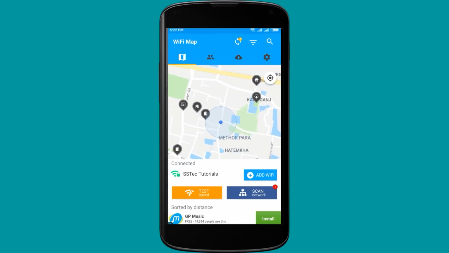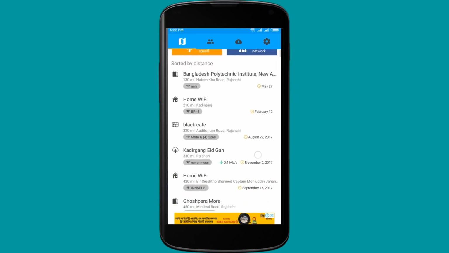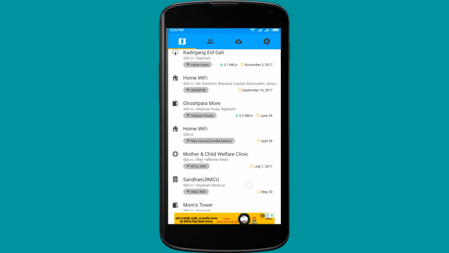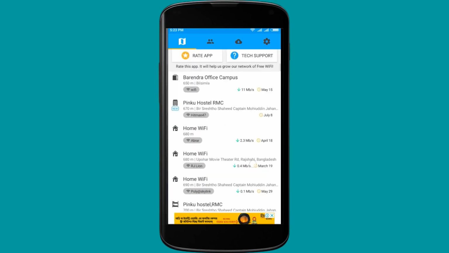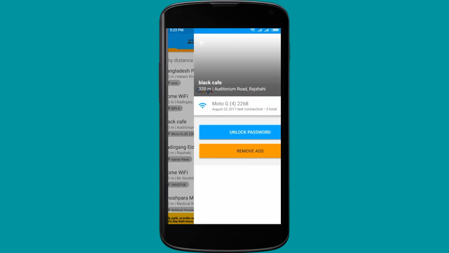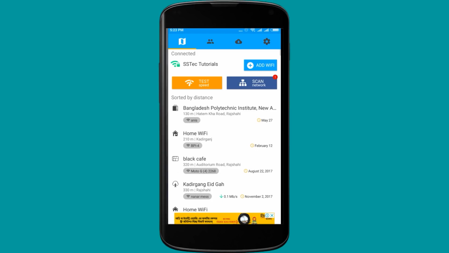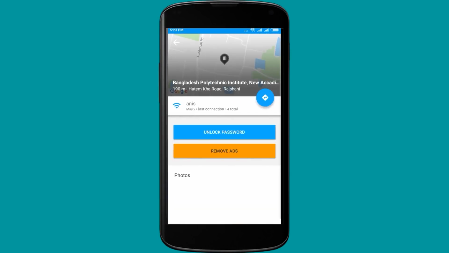All the black icons on this map have a free Wi-Fi connection. To see the details of all the free Wi-Fi connections to use free internet, swipe up. And here you will see the list of all the nearest Wi-Fi access points. Tap on the nearest Wi-Fi access point, whichever you want, and you will get the Wi-Fi credentials to connect to the Wi-Fi. Sometimes it could be an open Wi-Fi or a password-shared Wi-Fi connection. You just need to go there to get the Wi-Fi range.